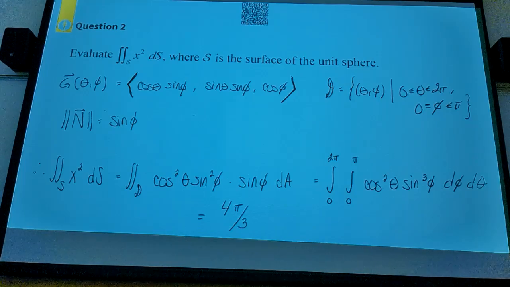We should get 4 pi over 3. It's not terrible to do by hand, but